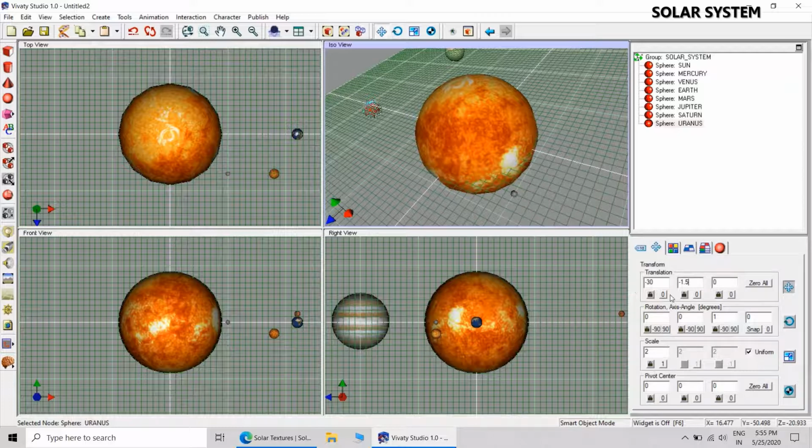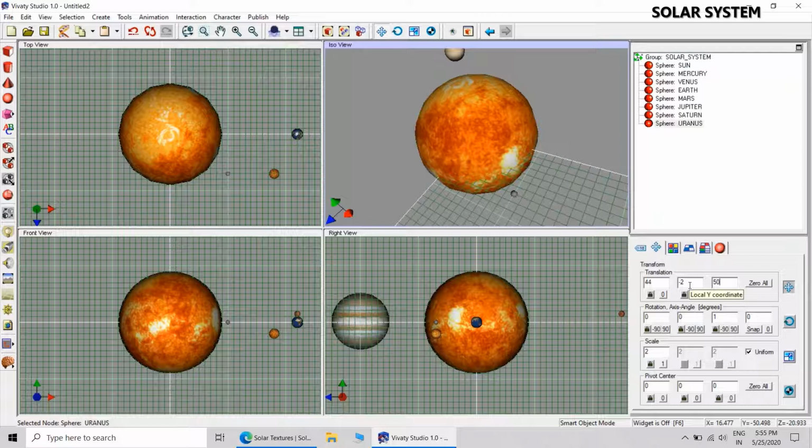Now there may be some errors, but that is not important actually. Here we just want to have the graphical representation, not the accurate representation. And here our primary objective is to demonstrate the procedure of creation of the solar system.